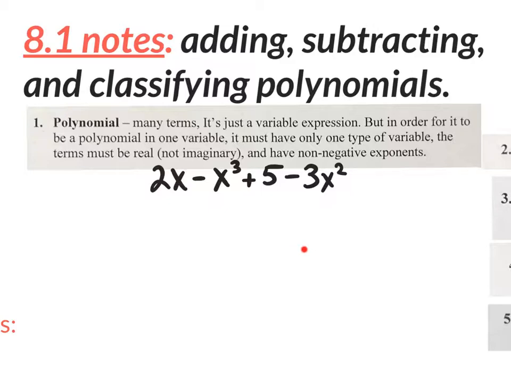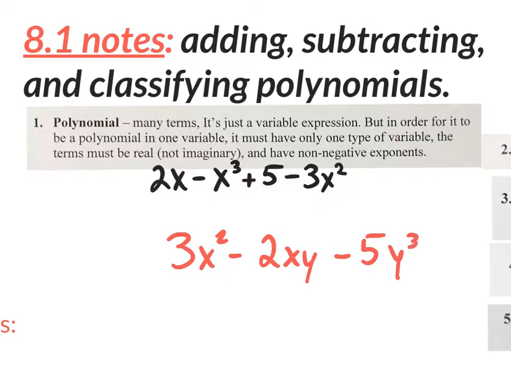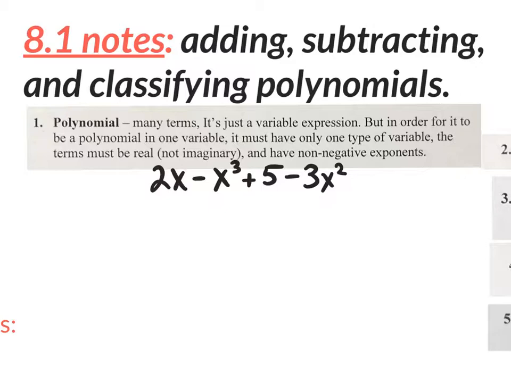In this section, we're going to be dealing with only single variable polynomials, or I should say we're going to only choose to focus on the single variable polynomials. Now, what do I mean by single variable? Just x's, right? Now, there are polynomials that have multiple variables, like this guy right here, like let's say 3x squared minus 2xy minus 5y to the third. That has 2 different types of variables, and we can classify this, we can work with this, but we're going to choose not to mess with polynomials that have more than one variable. So we're going to skip those type of questions on the homework. We're going to focus in on polynomials that just have one variable, like x's, or maybe just y's. Or we are going to simplify some that have multiple variables, but classifying, we're only going to stick to the